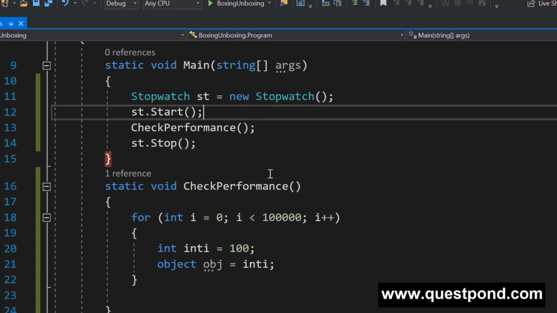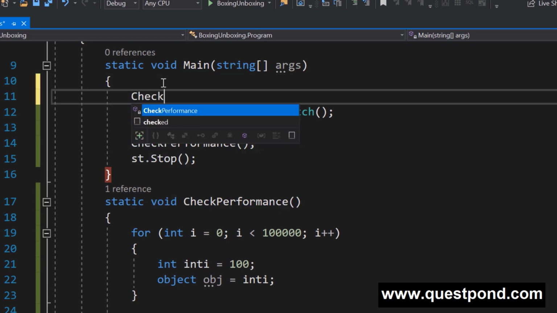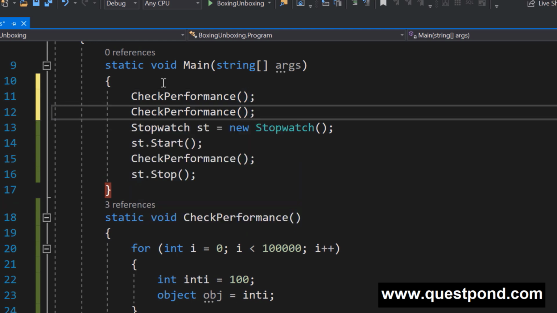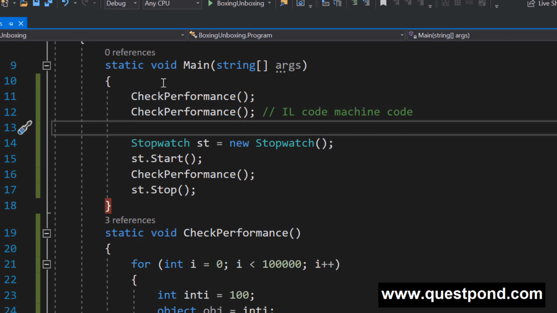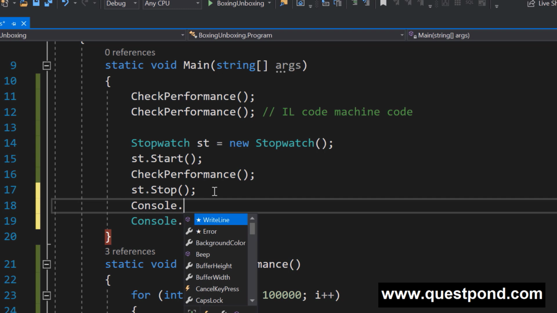Great. So what we will do is remember that in .NET, the IL code gets converted into machine code. First, when you compile, it is IL code, and later on the IL code gets converted into machine code. So I'll run this check performance multiple times first, to make sure our IL code is converted into machine code and we are not measuring the conversion time. And I will do a console.read out here,